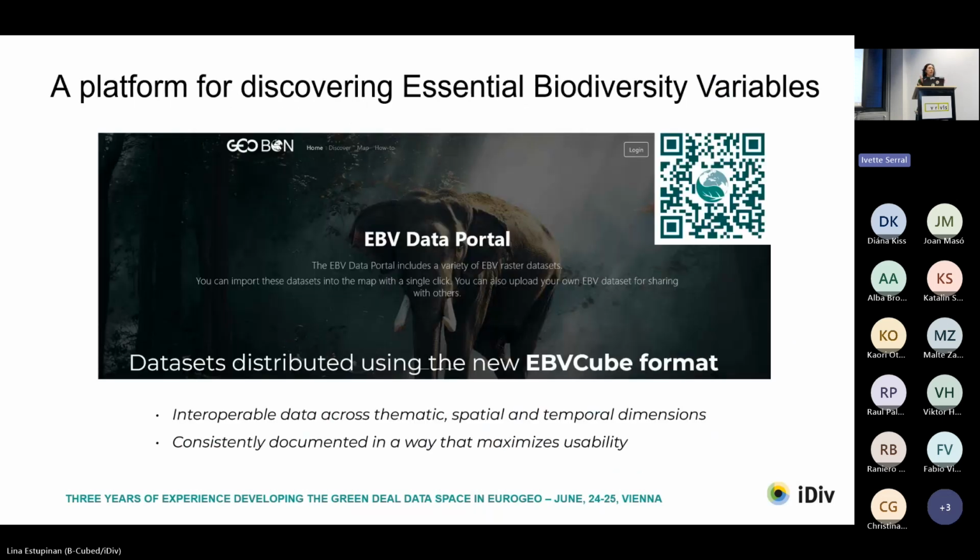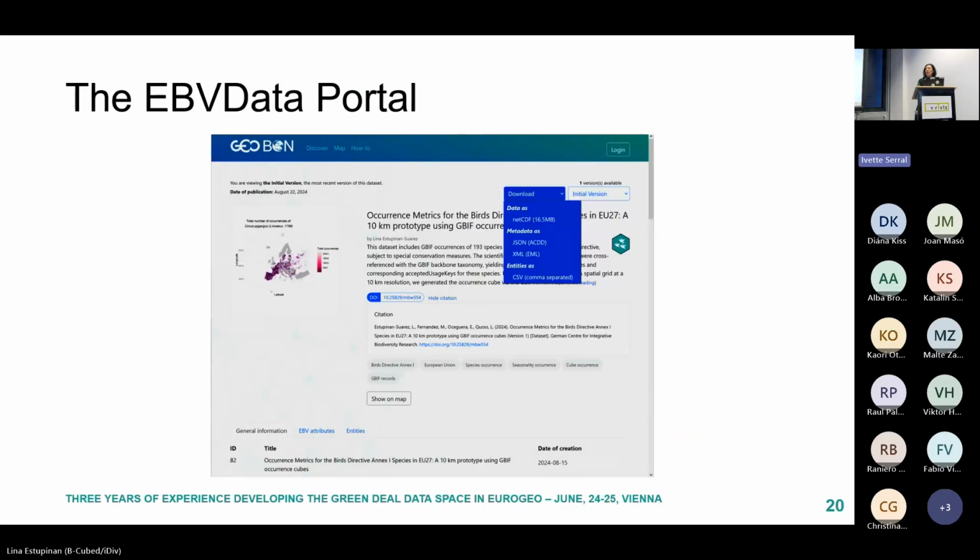All of this information is available at the EBV data portal that is part of GEO BON. This is the QR code if you want to visit the website. And really our aim is to have this interoperable data across different dimensions: space, time, thematics. And this is how the EBV data portal looks like. You can query, and